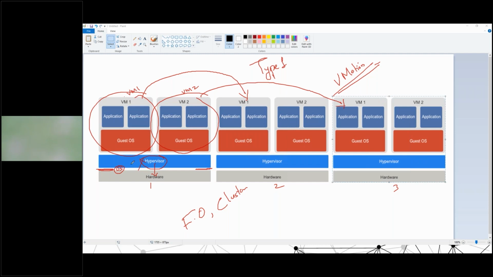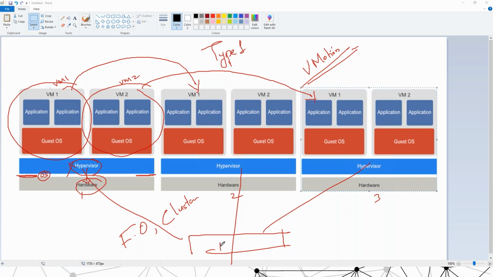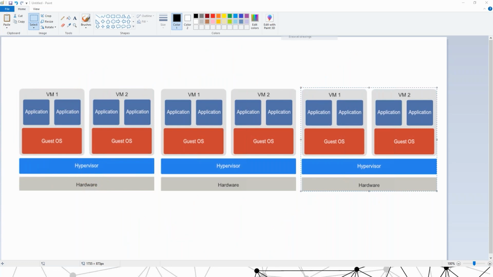So if something goes wrong with the hardware, all the VMs would lose data, right? Yeah, that is why we will have a cluster. We will not use the storage in this hardware. We will make a SAN cluster here, and we will map the storage from the SAN cluster only, so that we already have redundancy and all these things. So with vMotion, the hardware can also be managed like this. Yes.